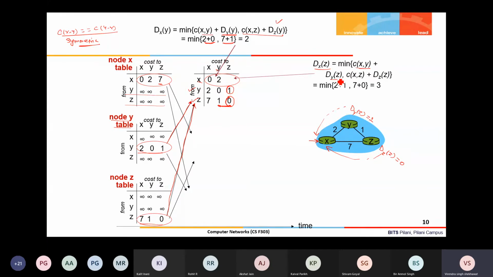So that is CXY plus DYZ. That will give me the cost from X to Z.